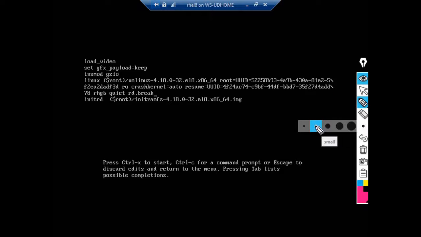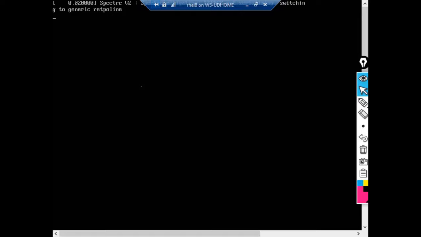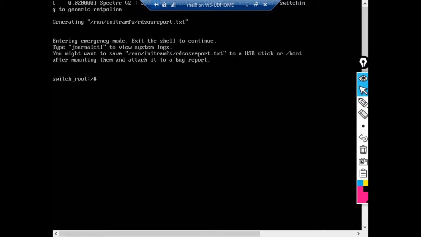Now we have to press Ctrl X on the keyboard. So we'll press Ctrl X. Once you press Ctrl X, the system will enter into single user mode, where the system will start with the minimum drivers, and it will enter into full privilege mode.